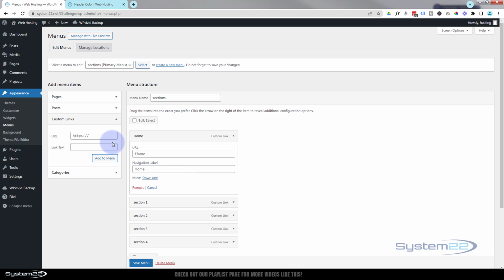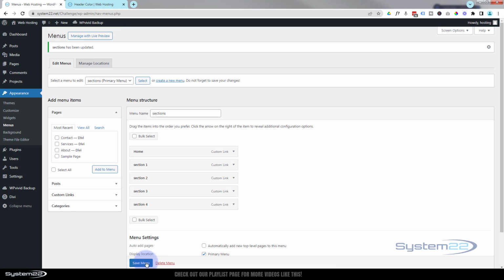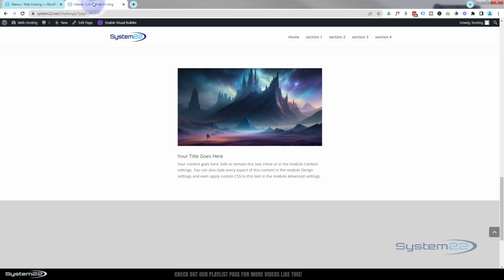If I open one up here, it's got the hashtag, then the CSS ID. That reminds me, I need to put a home in the top section. Section 1 is section 1, hashtag section 1, etc. When you're happy, save your menu. It'll tell you that your menu, whatever it's called, has been updated. If we go back to this page now,